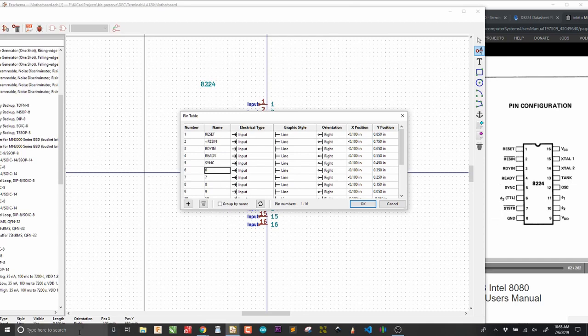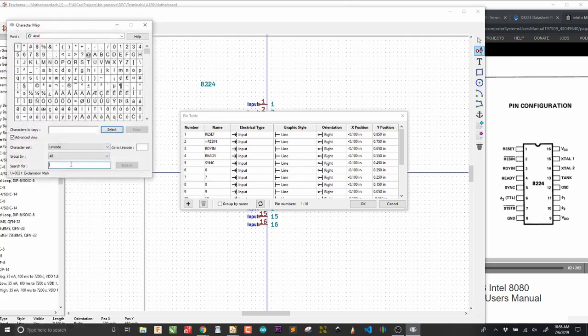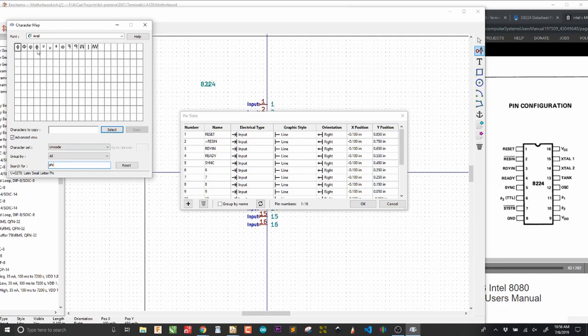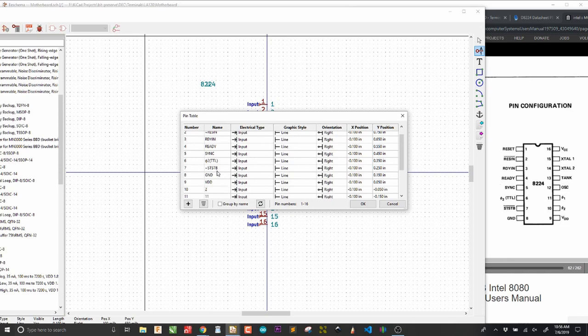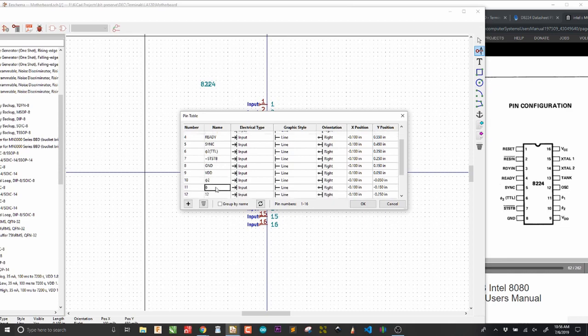I want to keep that symbol, so in Windows, I don't know how it is in Linux, but in Windows you pull up the character map and you can search for phi, and it's going to be that symbol right over there. So I'm just going to copy it and paste it in here. Phase 2, now it says TTL with like this. TTL, that's good enough. STSTB, ground. VDD, phase 2, phase 2, 1,